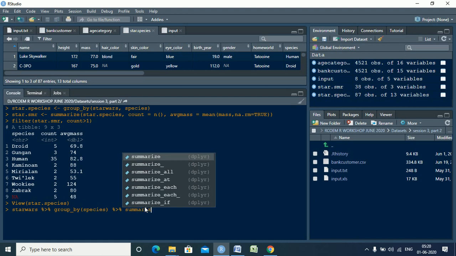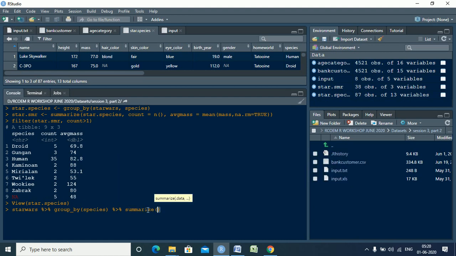So again summarize. Over here I need not call my particular data set, as this will use the same Star Wars data set. So I'll just copy paste only the function summarize. You want to summarize the count and the average mass, a new variable which is equal to the mean of mass of all the species grouped together, right?